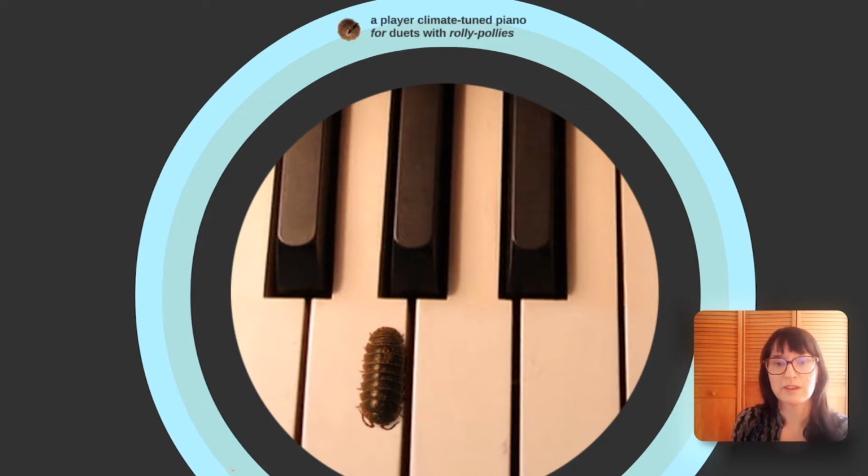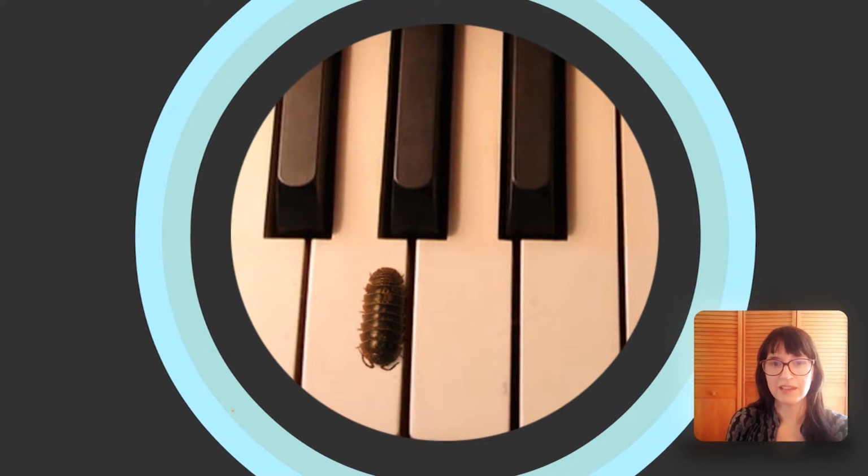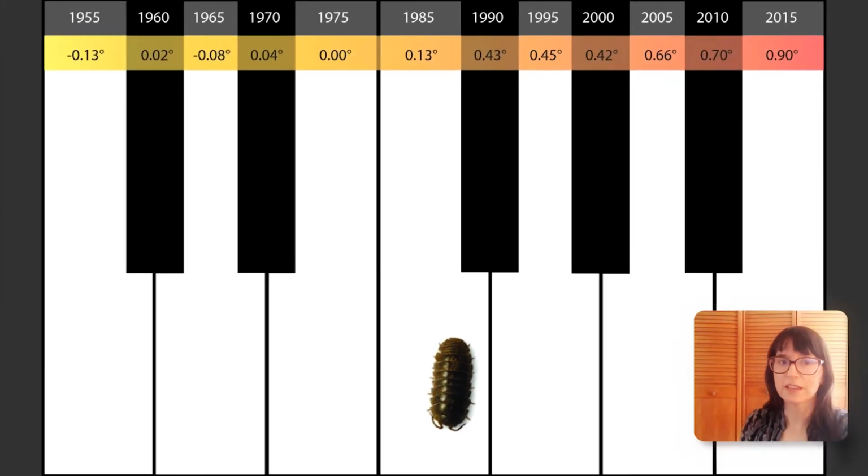We all remember finding roly-polies in summertime and playing with them. This project requires that kind of playful interaction with nature. In order to play the piano, one must go find a roly-poly. This piano is a little bit different from your average piano. Obviously, it's much smaller, and a roly-poly can trigger the various sounds, but also I've shifted the scale of this